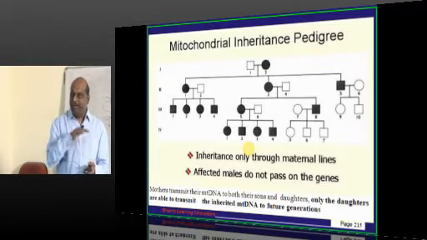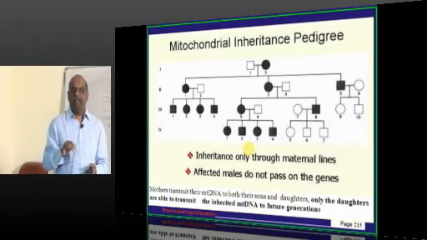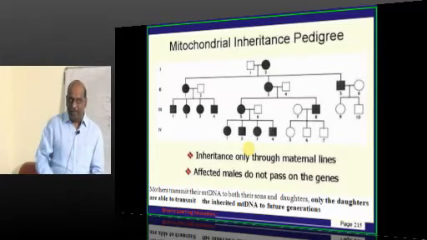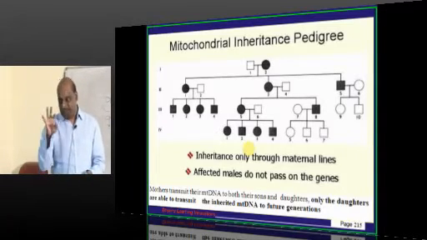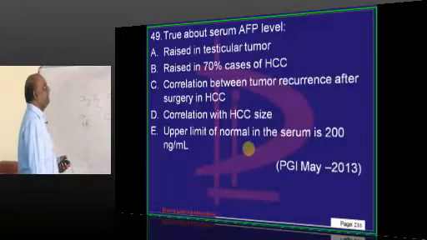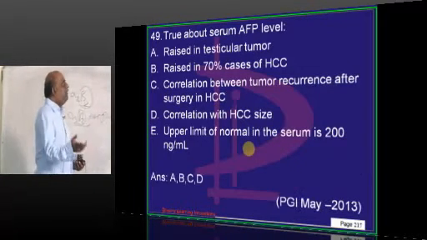If vertically transmitting, what type of inheritance? If horizontally transmitting, what type of inheritance? If consanguinity is shown in the pedigree, what type of inheritance? Punch, inheritance pedigrees. One question will definitely come. Coming to the AFP level,